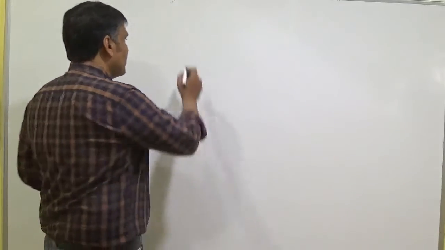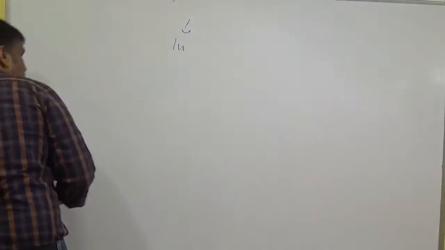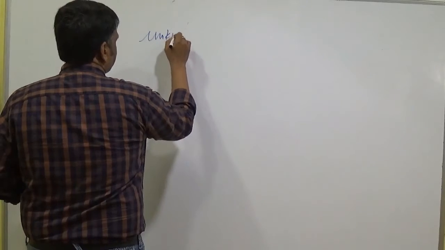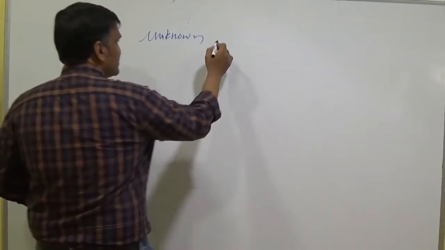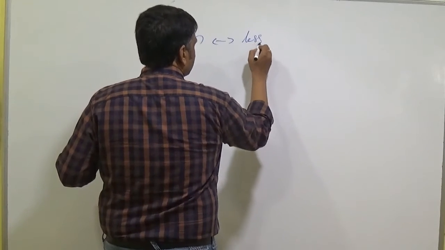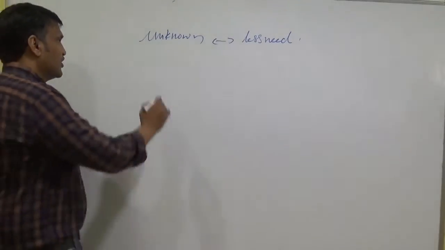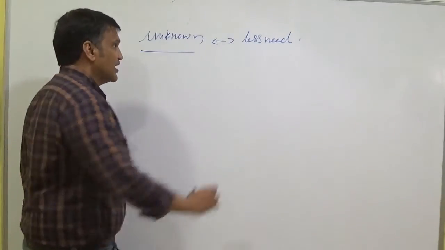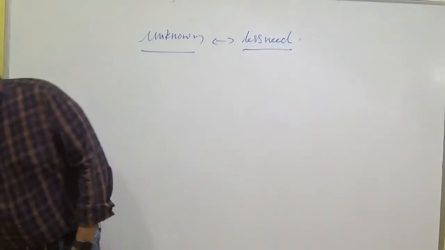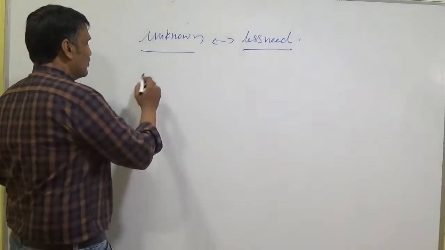So for example, with an unknown person, we have less need from the person. We are requesting an unknown person and we have less need from the same person. Let us see how we can request this unknown person. You can just ask,